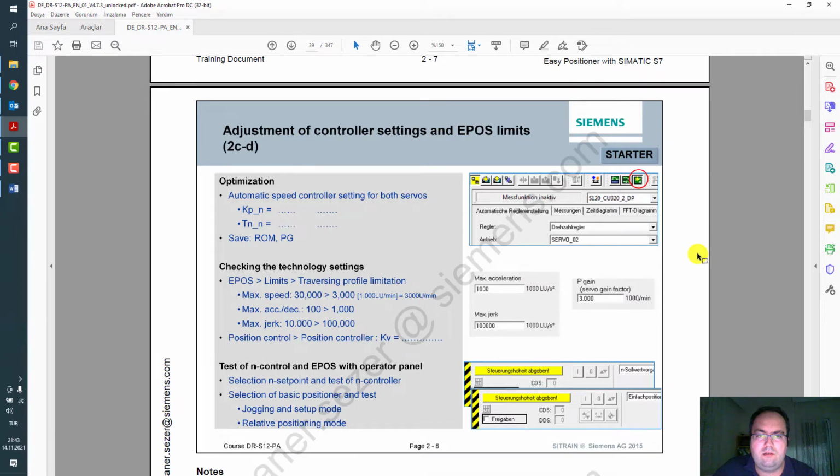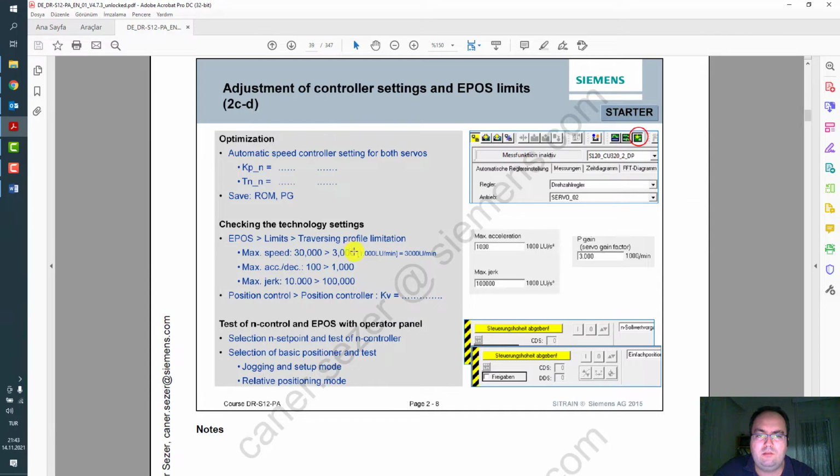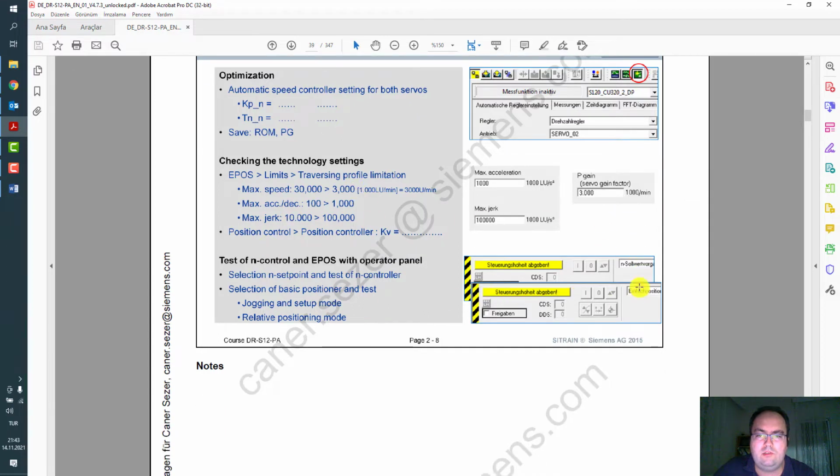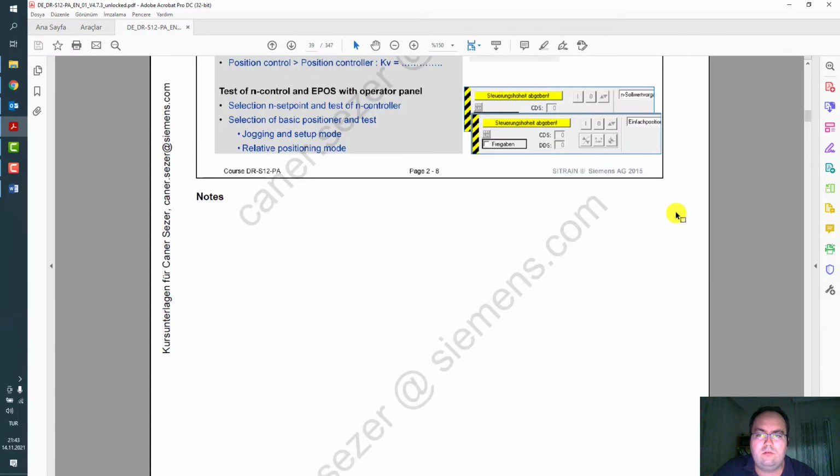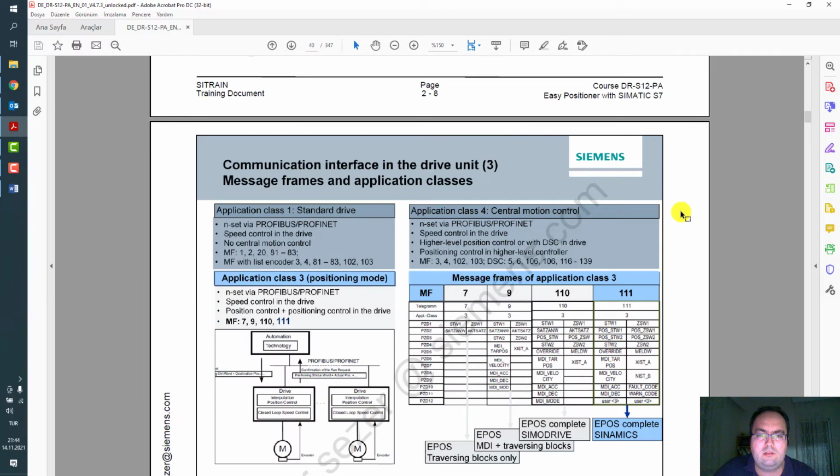For adjustment, control settings and EPOS limits are like optimization and automatic configuration. You can test EPOS functionality under the control panel on the drive side.